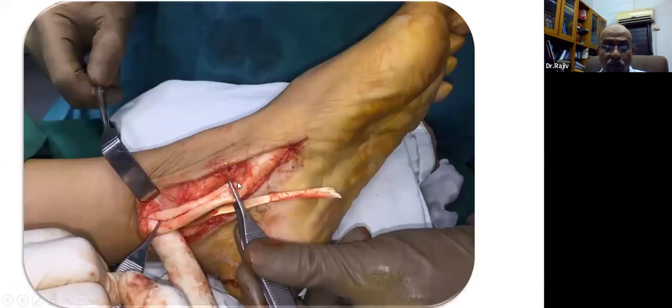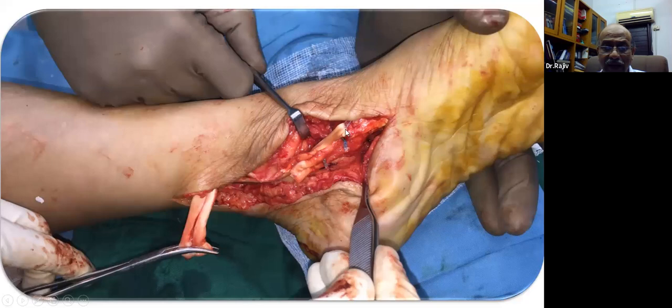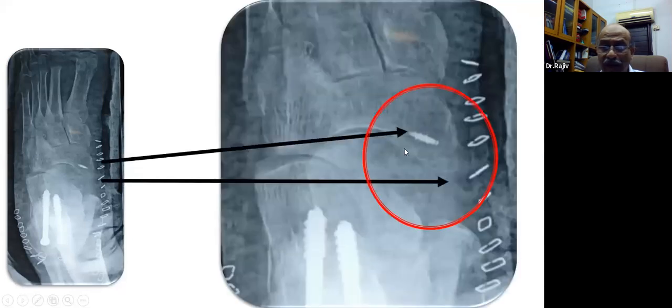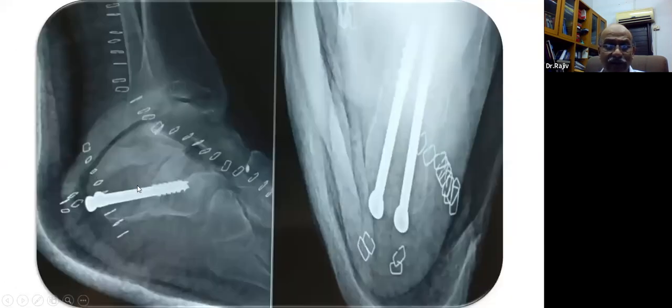you go for the excision of the bone, look at the tibialis posterior tendon. Here there is a split tear. This is the flexor digitorum longus harvested, this is the tibialis posterior, this is the accessory navicular excised, and then you reattach the tendon of flexor digitorum longus to the navicular, and this is the postoperative X-ray. That is a suture anchor through which the FDL tendon was attached into the navicular, and this was the accessory navicular excised, and this was the medial calcaneal slide osteotomy.